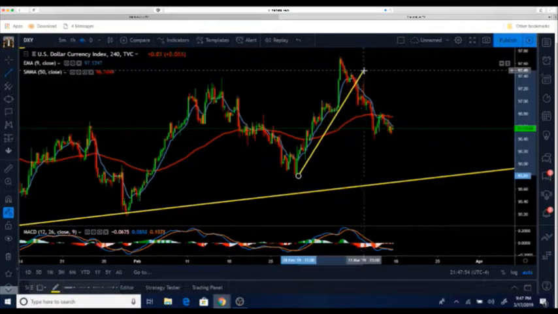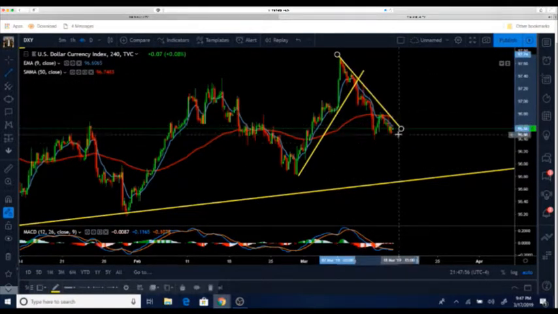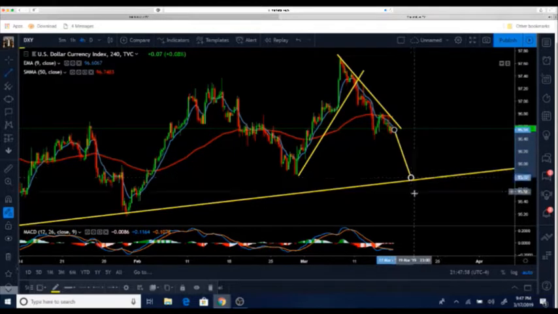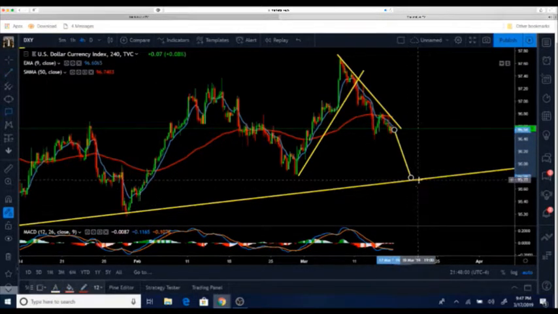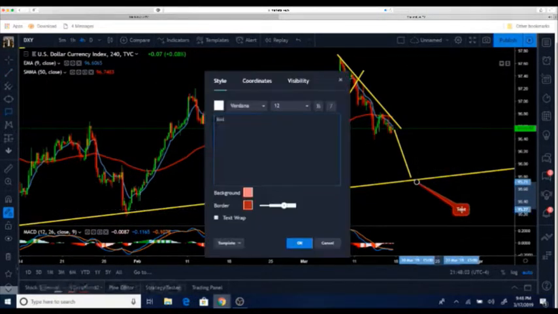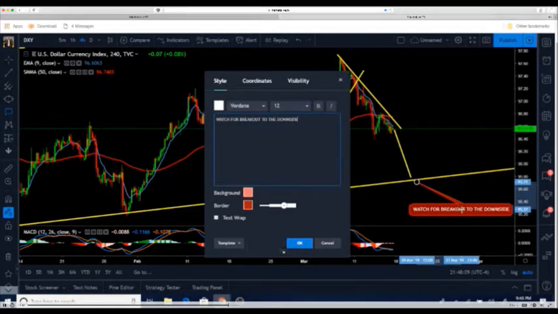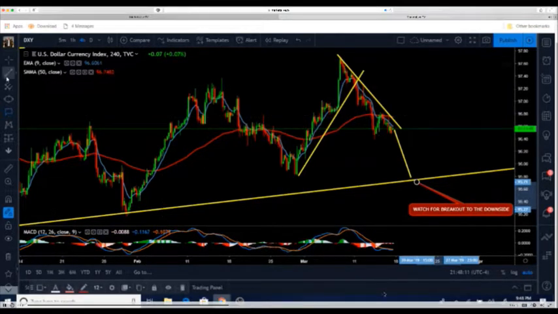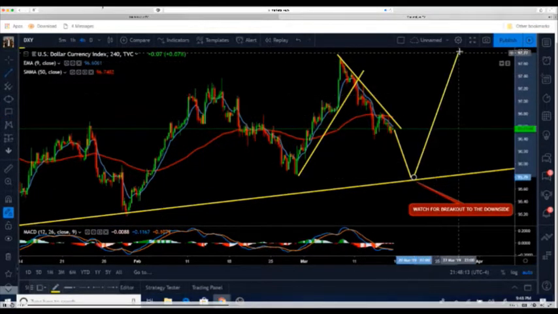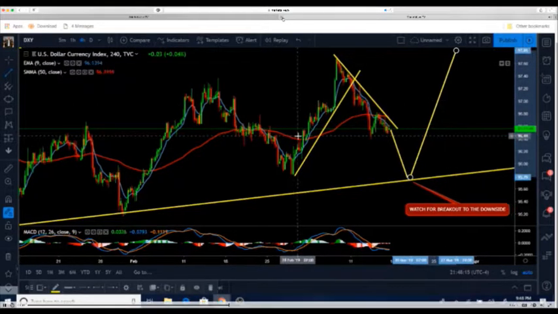So what we're waiting for here is to see if price comes down here, touches here, and we get that breakout. We're watching for a breakout to the downside here. If we don't get that breakout, one more move up. I think